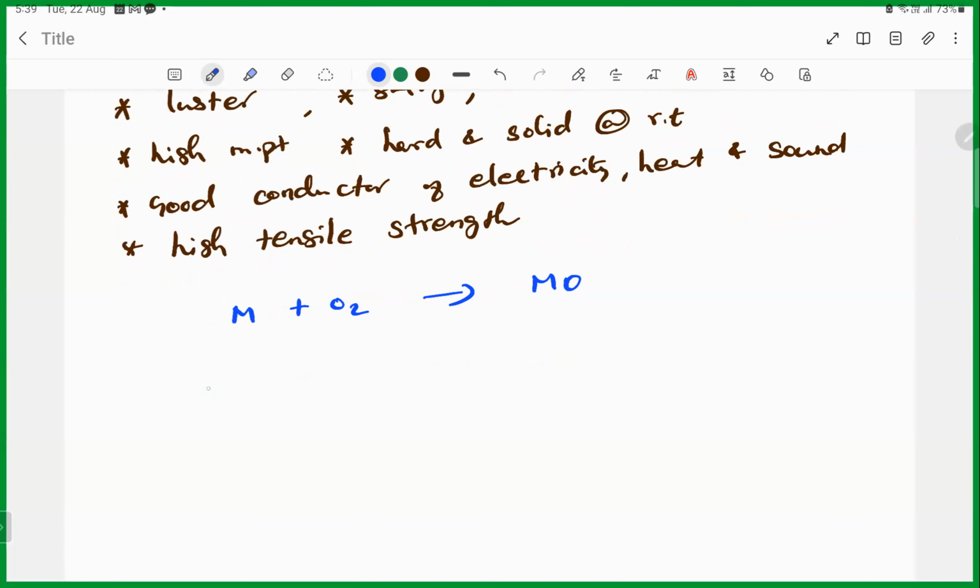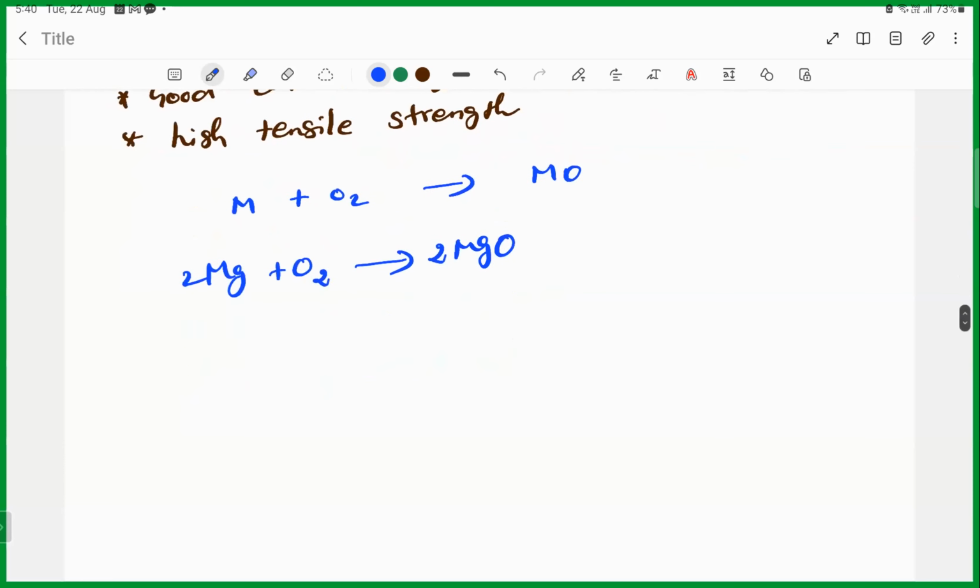For example, magnesium is a ductile and lustrous metal. When it combines with oxygen, it forms the dull oxide, magnesium oxide, 2MgO. This is the reactive one. For example, if you take sodium and oxygen, it forms sodium oxide, and they are very reactive. So